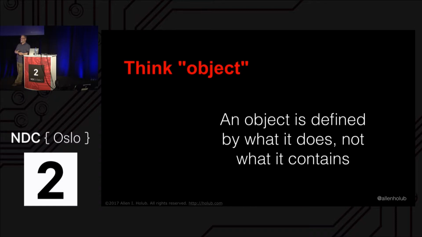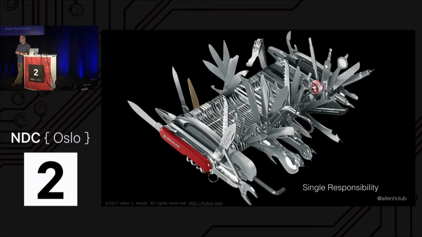If you get smaller than that, you have what I guess they're calling nano services now, and there are Amazon Lambdas and that kind of thing. But at that level, you have too fine a granularity, in that the things that are related to each other are not lumped together physically, which makes them harder to maintain. In other words, the controlling principle here is the so-called single responsibility principle. Right? This knife violates the single responsibility principle. It's doing way more than it should. And more to the point, all of the things that it does are not really related to the other things that it does. So this is a clear violation of single responsibility.